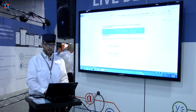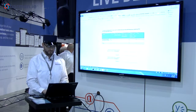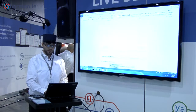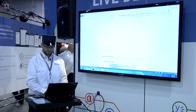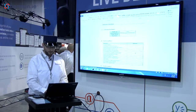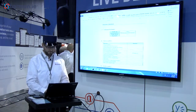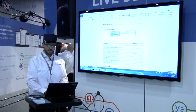So for example, I know that there are 5,000 SharePoint users and 1,200 mobile users. I also know that the pilot needs to run for a duration of 30 days, and that I want the pilot to start on the 10th of March. All the rest of the details of this document are going to be completed during that pilot meeting. So I'm going to save my changes,